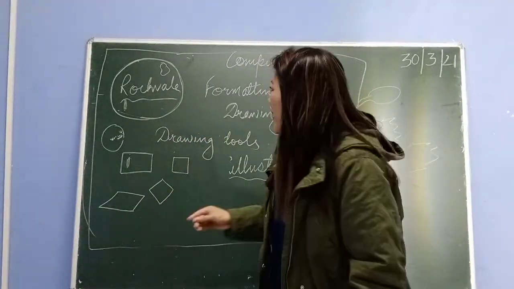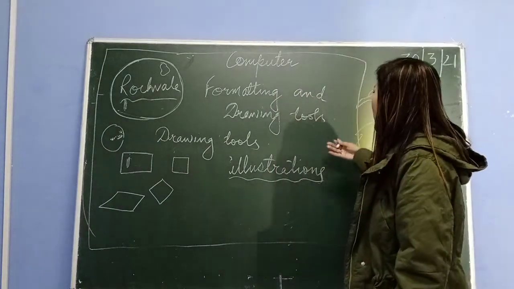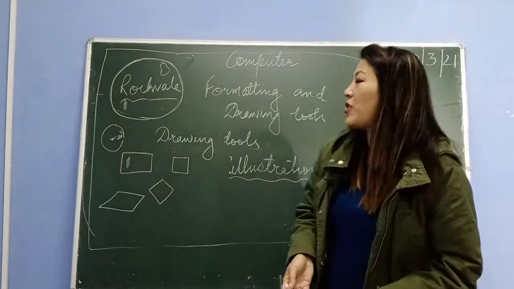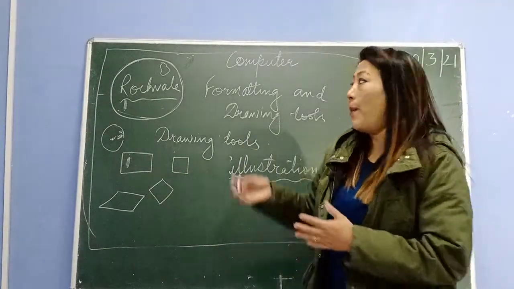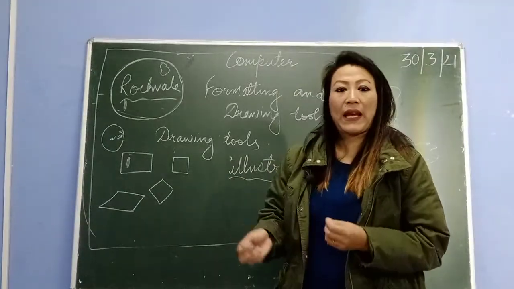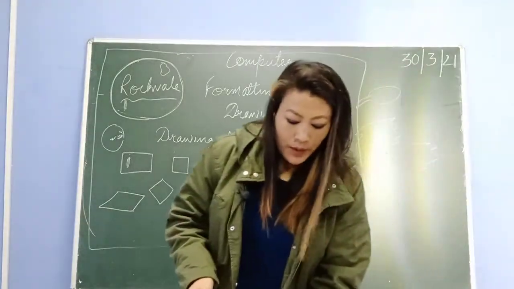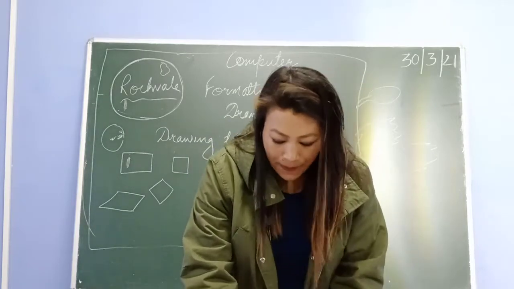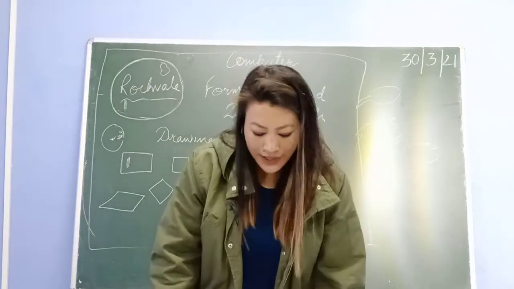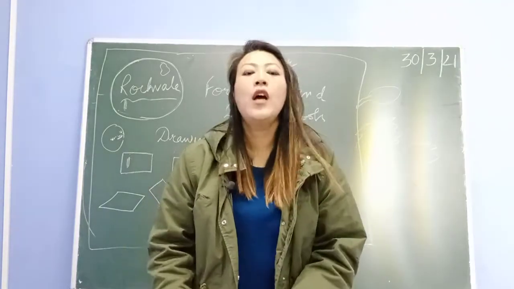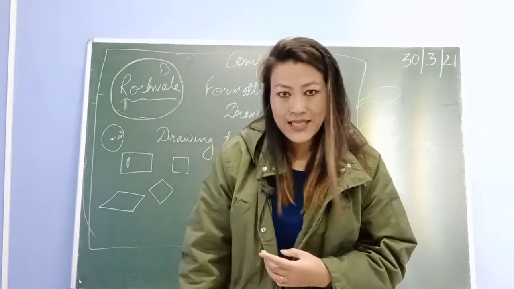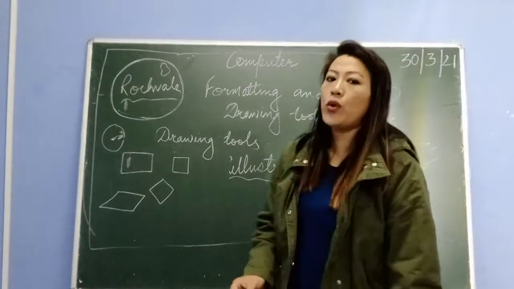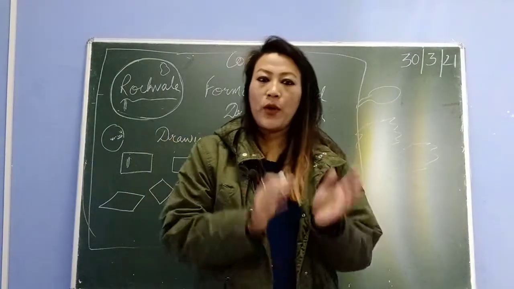Shading means the background part inside the border. So children, in this chapter you can insert borders and shadings to make your page look more effective, more beautiful. To apply border and shading, you have to go to Design and Page Border. From Page Border, you click on Borders and Shading, because you will get the option called settings. Then you choose border and shadings.